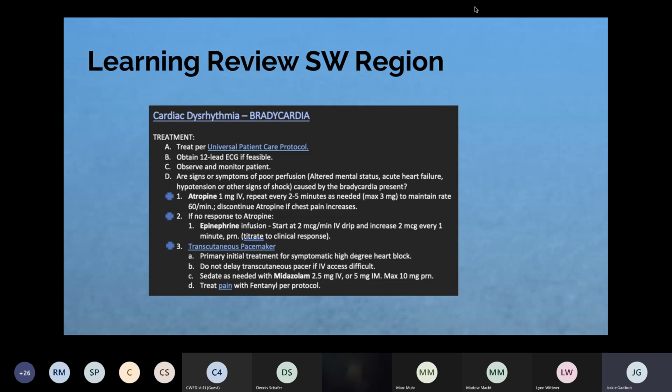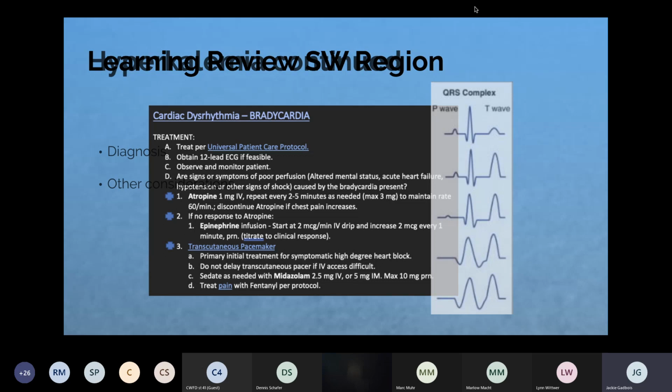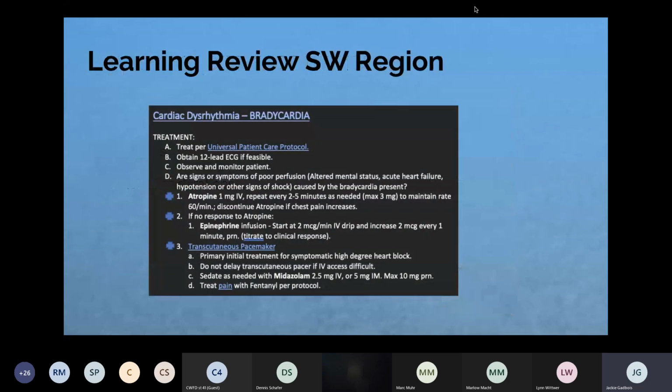In this particular instance, I would say that this patient, in regards to her bradycardia, was stable. She was recorded to have rates in the 20s and 30s, but normal blood pressures. And besides her mildly reduced alertness with a GCS of 14, I believe you wouldn't necessarily need to go down the route of treating her with atropine, and that if your